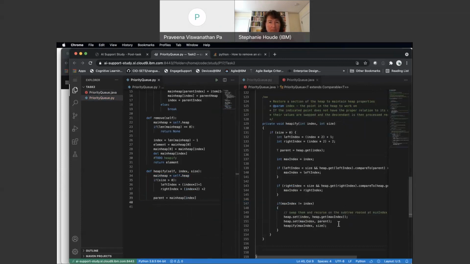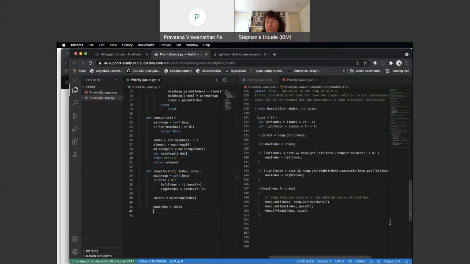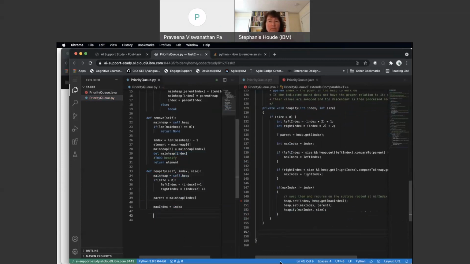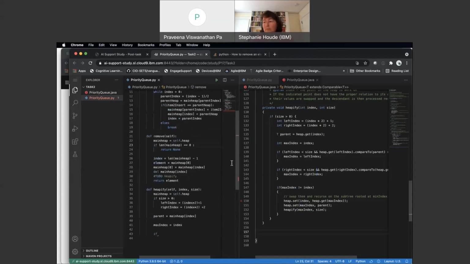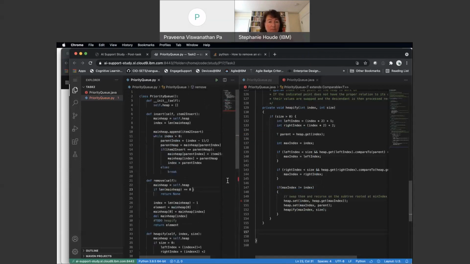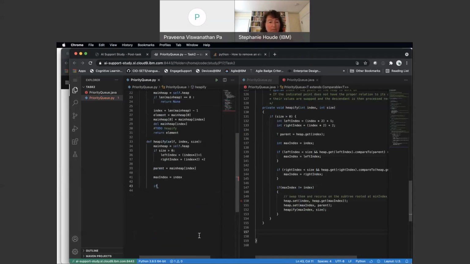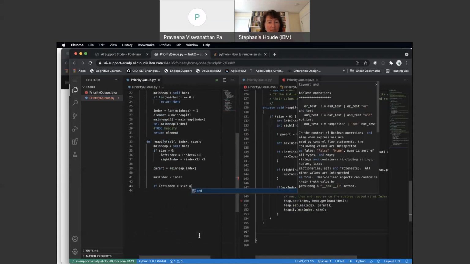Now max index equals index. If condition, and there's no bracket for it, right? Okay, this is syntax issues a little bit. This is not the bracket. Okay. If left index is less than size and